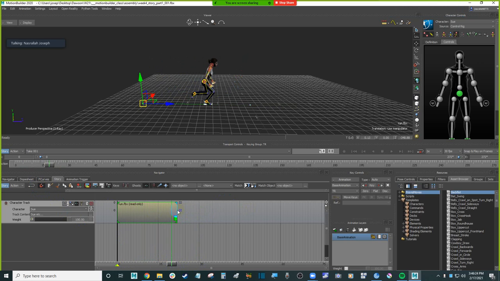There's another function called scaling. If you hover your mouse right on top of this icon, you can see it says loop and scale. Loop is the default, where you're looping the clip over and over again. If you click on it once, it changes the icon to scale. You have to be really careful with this. If you see scale, that means